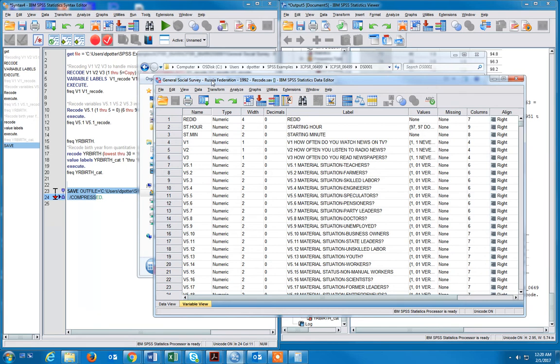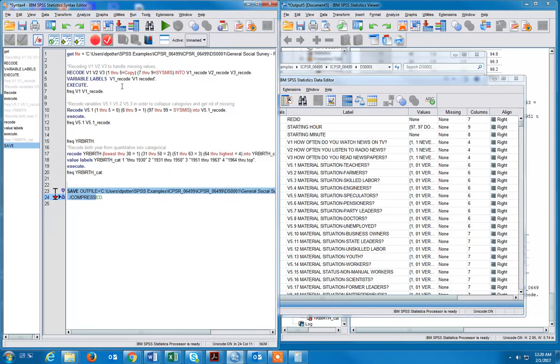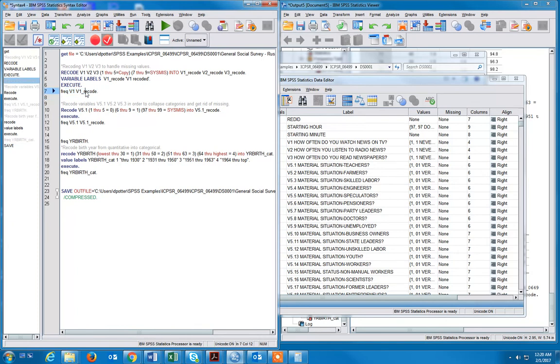The second piece of SPSS product that you're going to want to save is going to be your syntax file. And again, this is the payoff to the syntax file: rather than having to come back through and point and click your way through a recode, and point and click your way through a frequency, over and over,